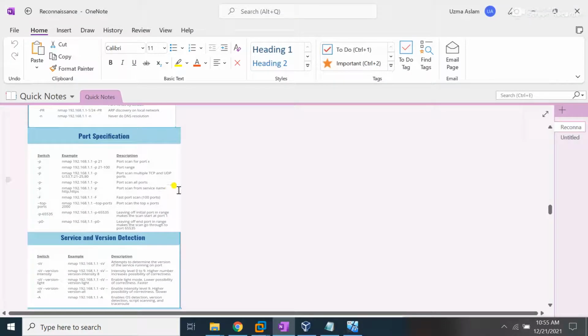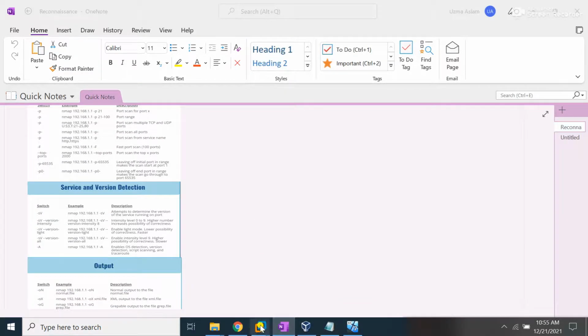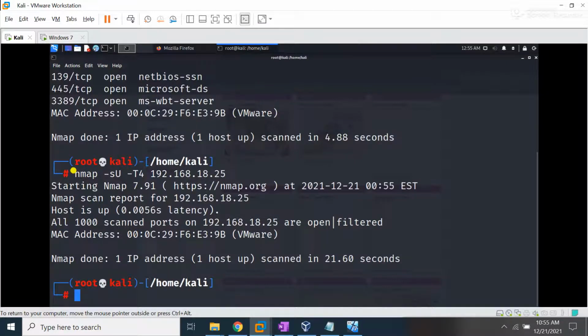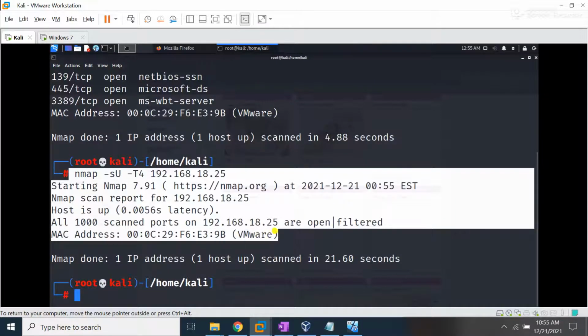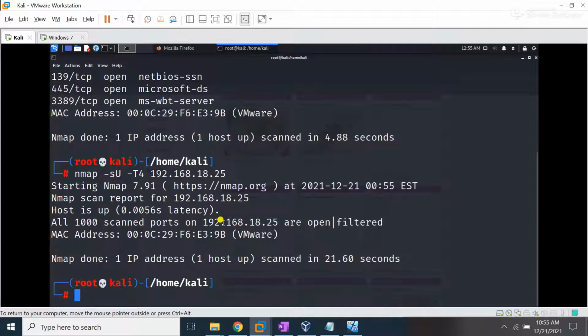You can give a range of your ports, and you can specify some top ports. Right now it did not show me any UDP port open, so no important result is present to me.